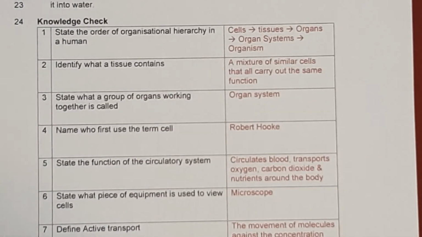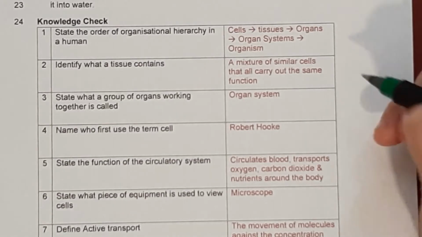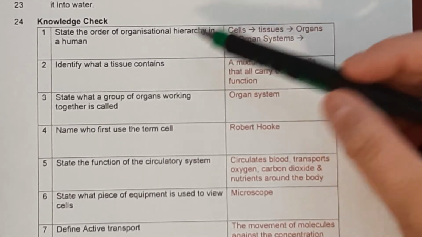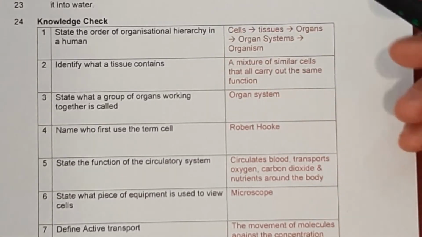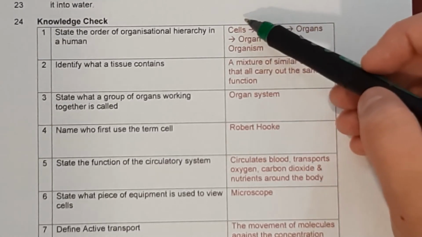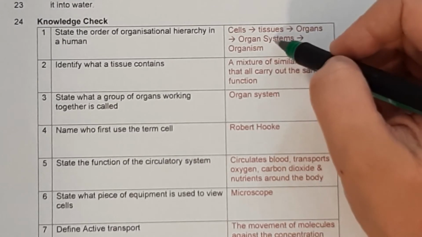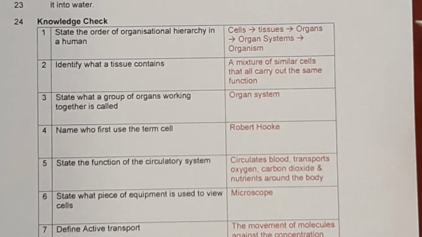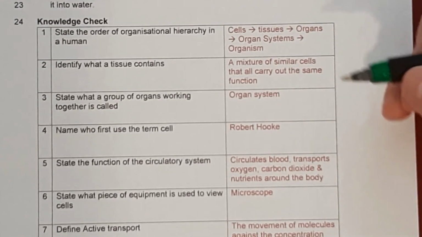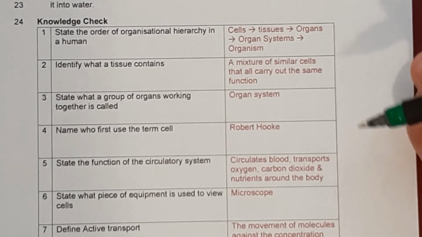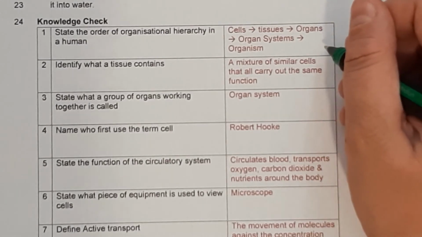So let's go through the answers together. State the order of organisational hierarchy in a human. It doesn't say whether it's from smallest to largest, but we'll start with cells. If you've done it backwards, that's fine. So it's cells, tissues, organs, organ systems, organism. You need to have at least 4 of those 5 listed in the correct order, forwards or backwards,